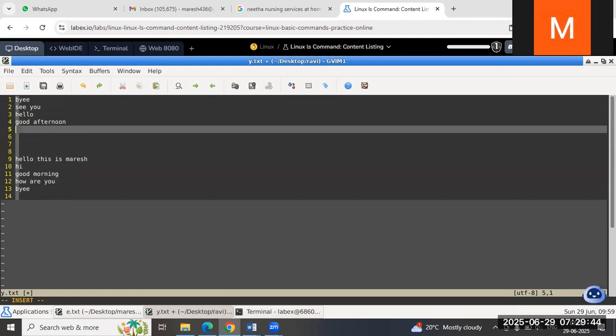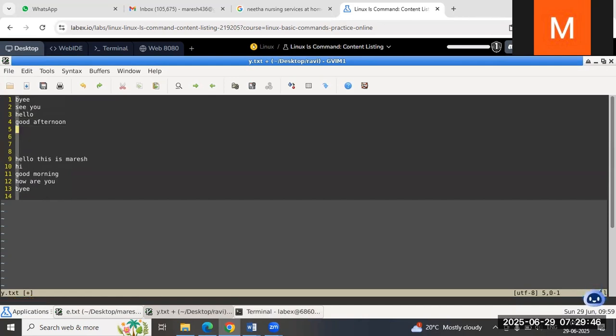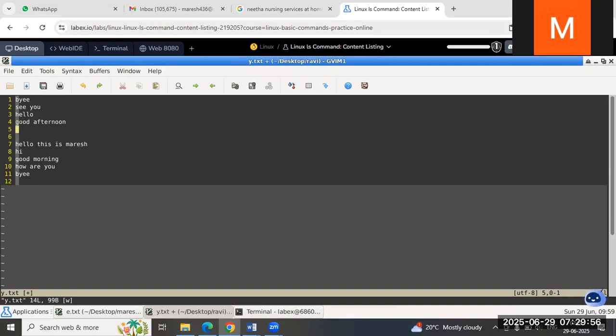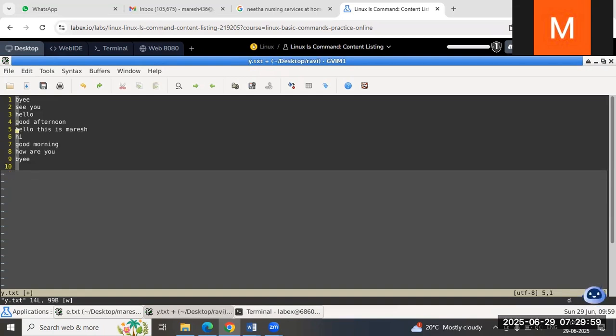Now, if you want to get out from the insert mode, just press Escape. Escape and colon w, it gets saved. Now if you want to delete, you just press dd. So whatever empty lines you want to delete, you have to press dd. Okay, so that this entire thing gets deleted. Only dd will delete only a single line. So if I want to save it, Escape colon w,